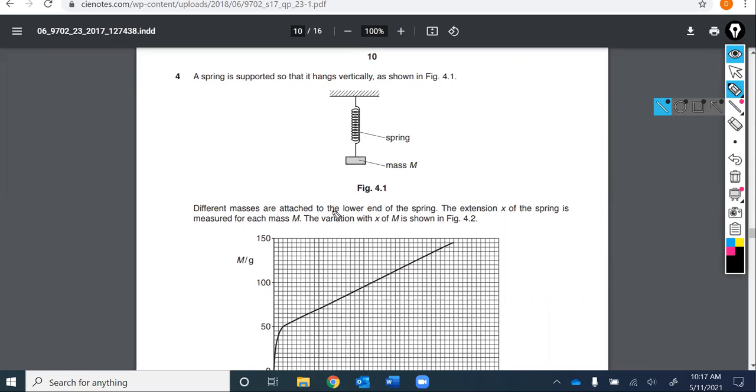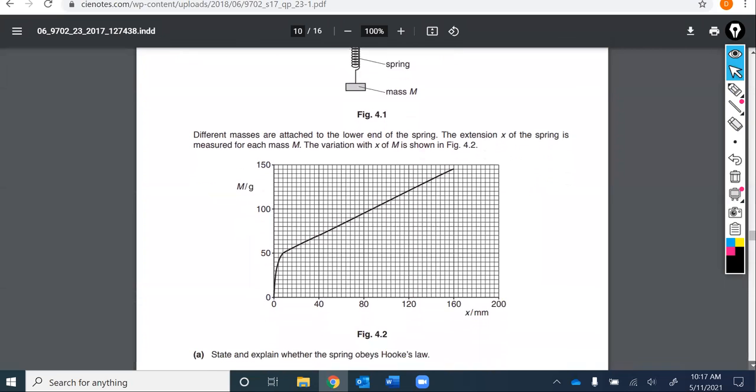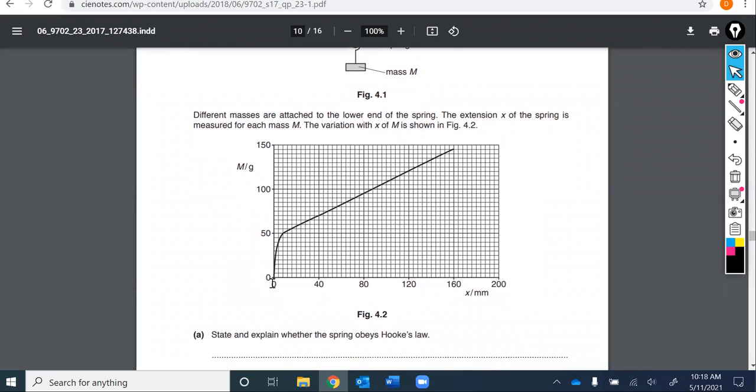Different masses are attached to the lower end of the spring. The extension X of the spring is measured for each mass M. The variation with X, the extension, of M, the mass, is shown in figure 4.2. The mass on a spring, and it looks like it doesn't really start to extend very much until you've got to like here. And then it